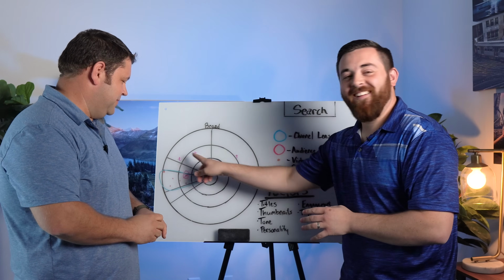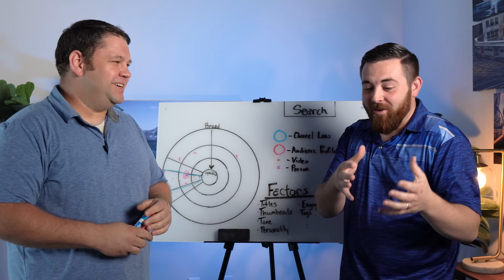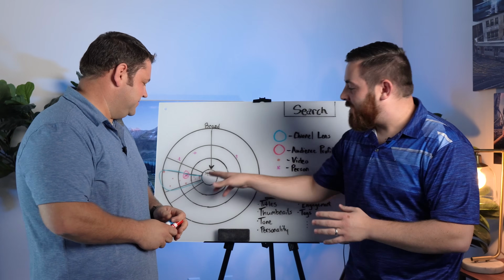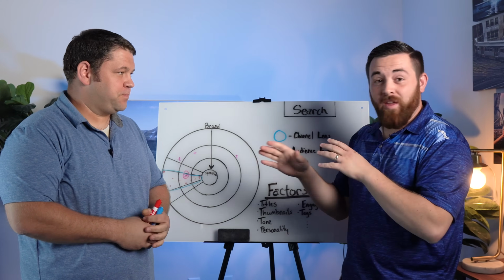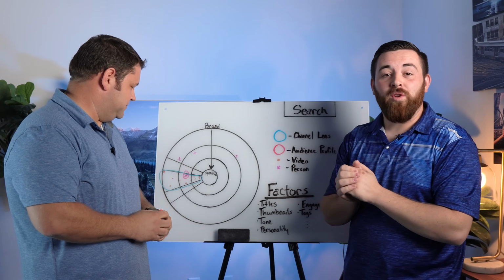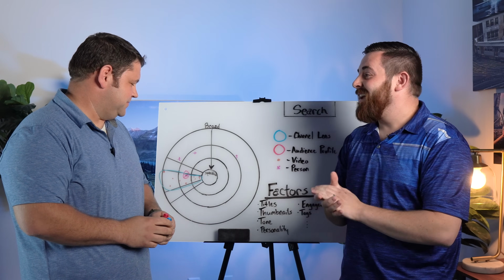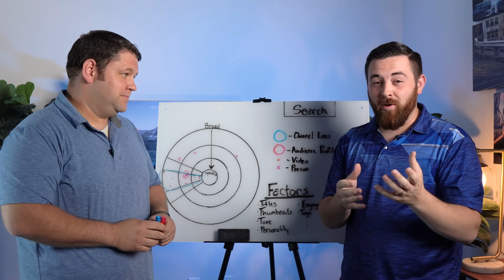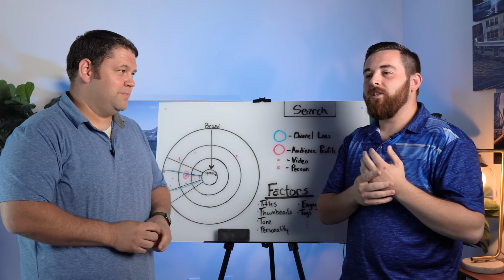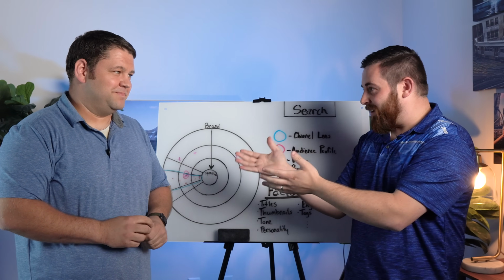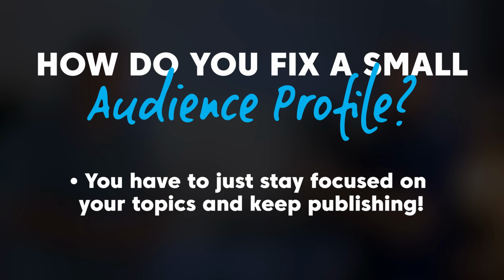Okay, this right here is why small creators think that YouTube hates them. We as small creators, when we're just starting a YouTube channel, with all of these dots representing videos, we only have 2, 3, maybe 10 videos out there, and they're probably a little bit all over the place. Well, YouTube just has to do their best to figure out who your audience is, and they're going to start small. So many of the videos you create as a small creator will just fall outside of what YouTube thinks your audience profile is. It's not that YouTube hates you, it's just like what Ricky said, they're testing very conservatively and starting small. So what do you do to overcome this?